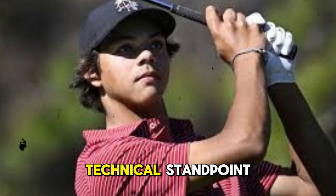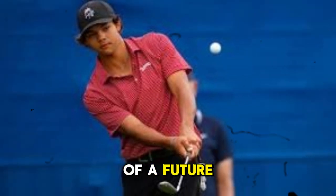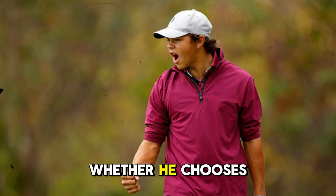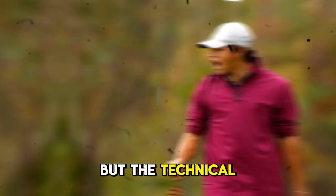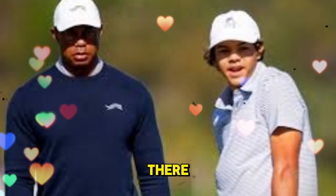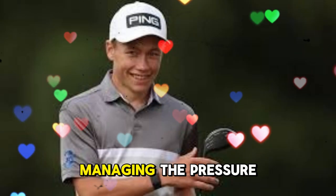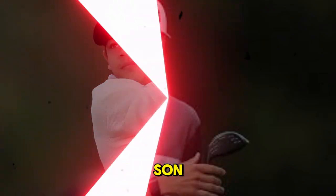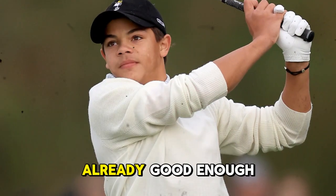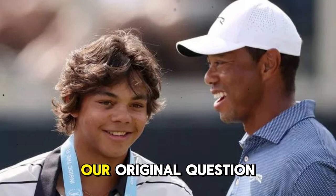From a purely technical standpoint, Charlie's swing shows all the hallmarks of a future tour professional. Whether he chooses to pursue that path is a different question, but the technical foundation is absolutely there. The biggest challenge for Charlie won't be technical, it will be managing the pressure and expectations that come with being Tiger Woods' son. His swing is already good enough to compete at the highest levels, so to answer our original